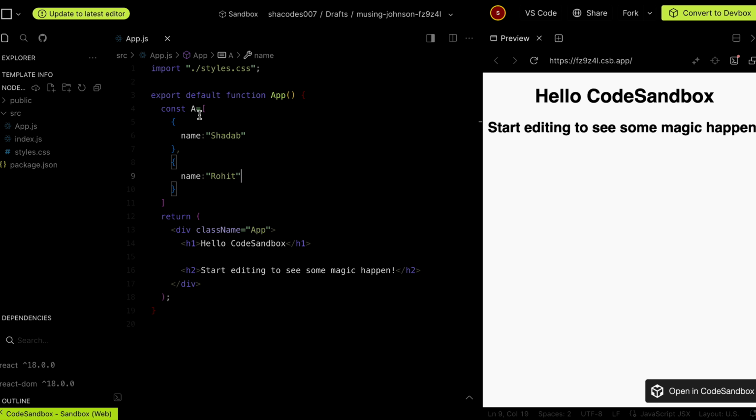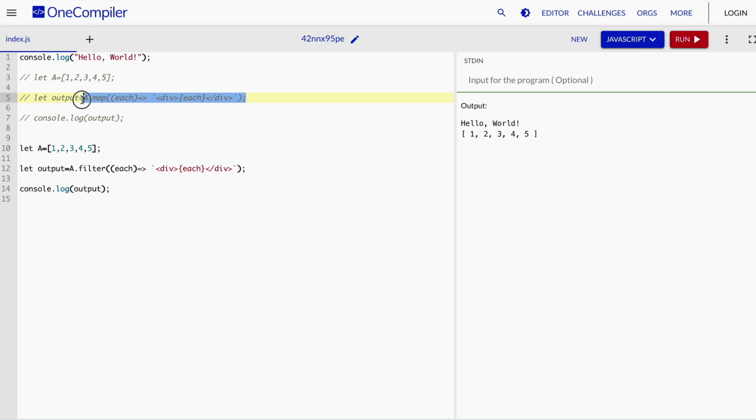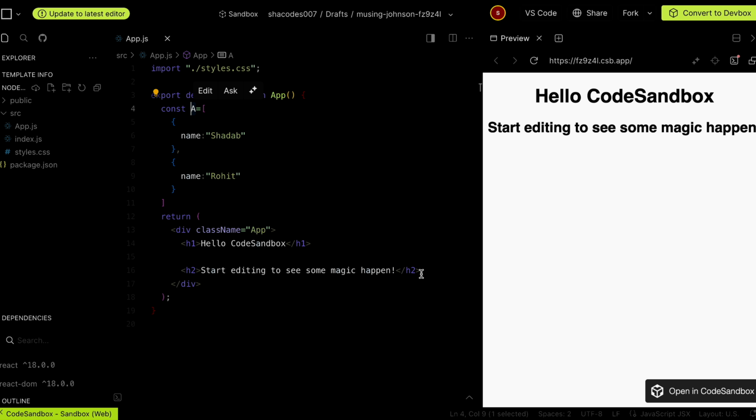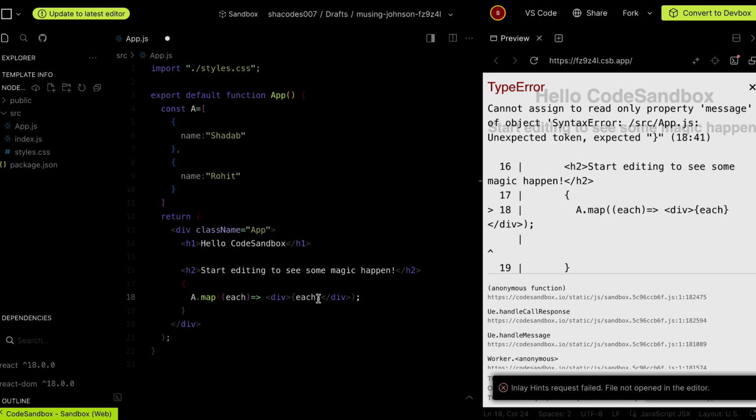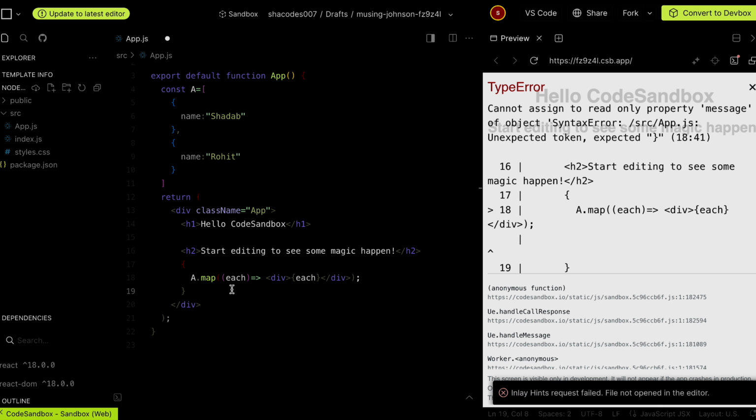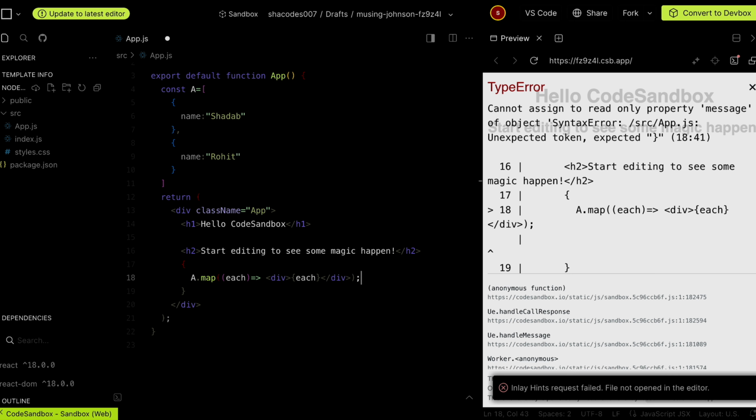Okay, and if we use our map, let's copy the same map here and remove this string, so that there is no error.